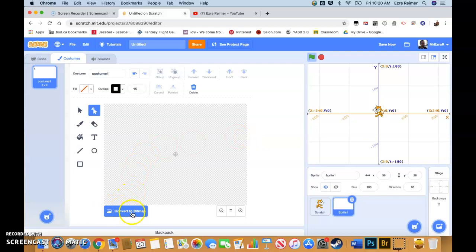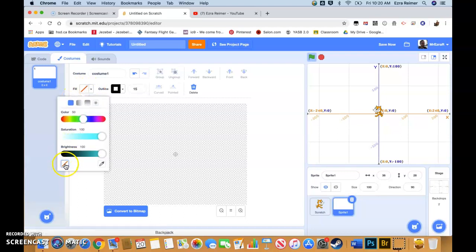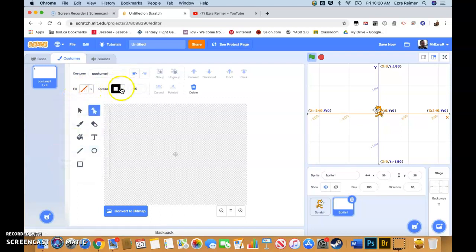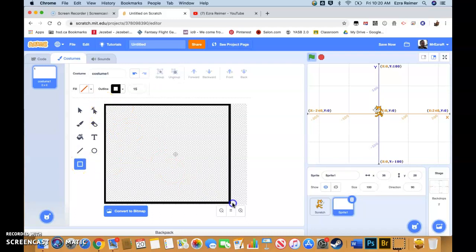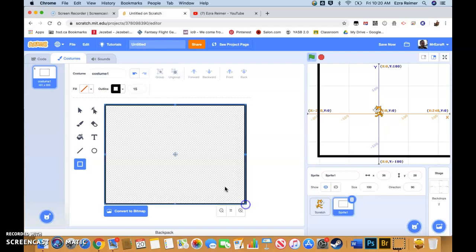We're going to make sure it says Convert to Bitmap here, which means we're working in vector. I want you to set your fill as empty, your outline to black, and your stroke width to about 15. And we're going to draw just two rectangles in our sprite. So we're going to draw from the top corner down to the bottom corner, and then one that's kind of